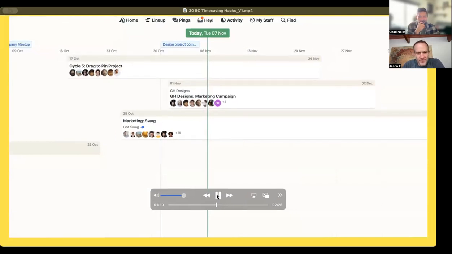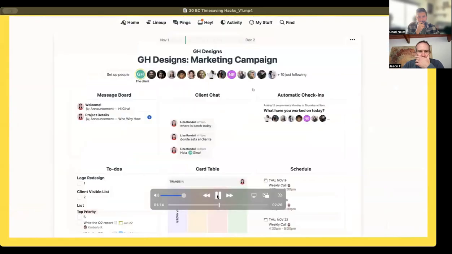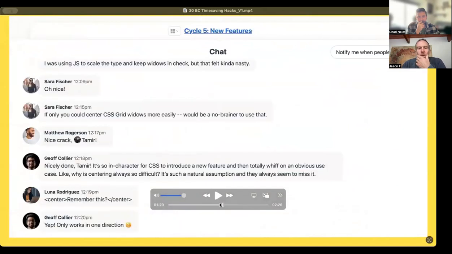Of all your projects. Even add markers to signal important upcoming dates. Click on a project to be taken to it. Check in on projects without getting constant updates by switching to just follow. Grab files in a ping or